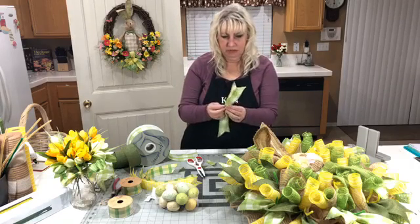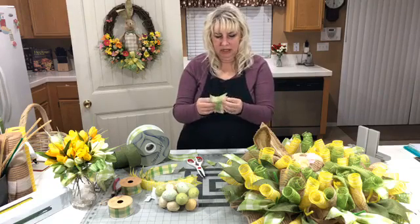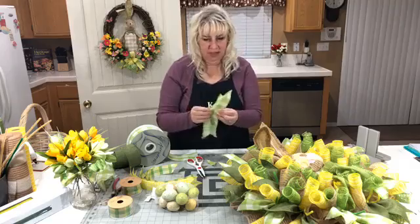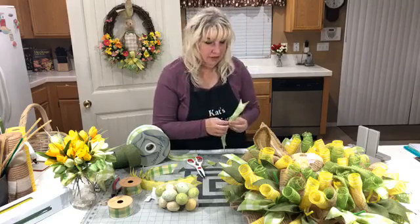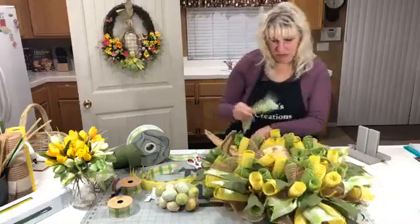And you saw I just did what I call a double cut at the same time. I just folded it and then I folded my ribbon and cut it this way so I can do both ends at the same time so I don't have to wait. Trying to decide if I want...